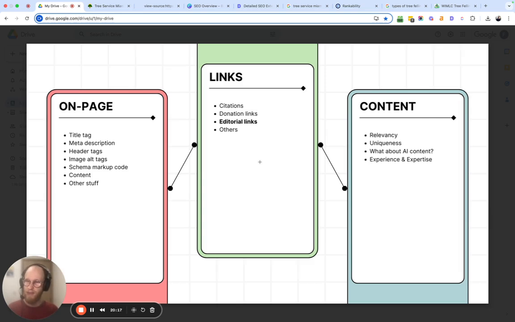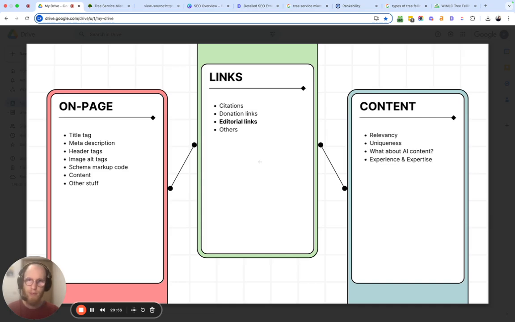It's pretty easy to understand. The more traffic this other website gets, the more authoritative it is, meaning how many other sites link to this site, the more valuable the link is going to be for you, and also how relevant it is. If you get a link from TCI or TCIA or ISA or any other tree service site or tree service blog or anything kind of related to home or garden services, that's going to be better than getting something from a blog about electricians and plumbing, or something just unrelated about cooking or kitchen stuff, whatever it might be. So